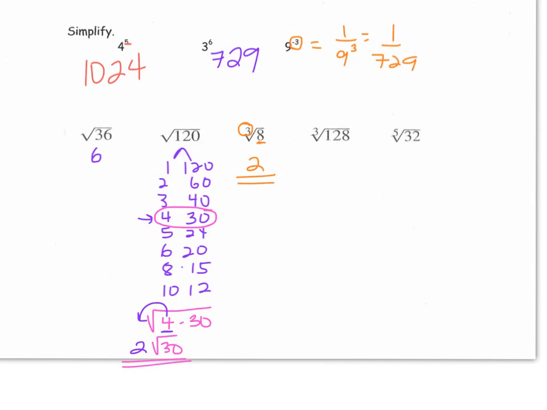But they won't always be perfect cube answers, like the next one, the cubed root of 128. Now, if you look up on that list, 128 isn't a perfect cube, but there are numbers that go into 128 that are. So since there's a 3 in the corner, look at the cubed column. And then we want to try to find numbers in that column that go into 128 evenly. Well, 1 times 128 won't do us a whole lot of good because neither of those are perfect cubes. Well, the 1 is, but that really doesn't simplify. But watch this,